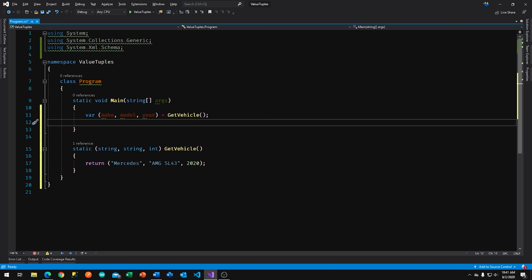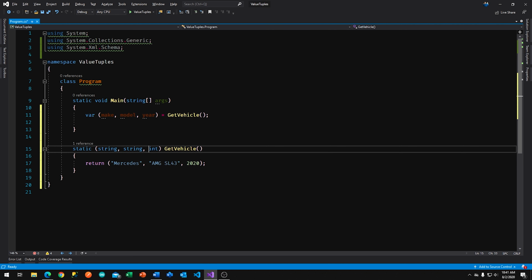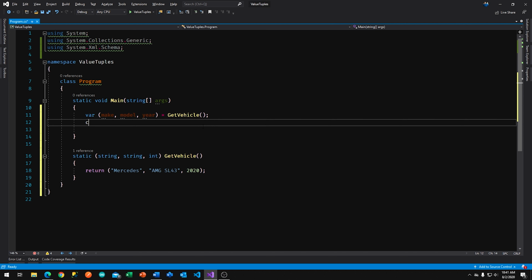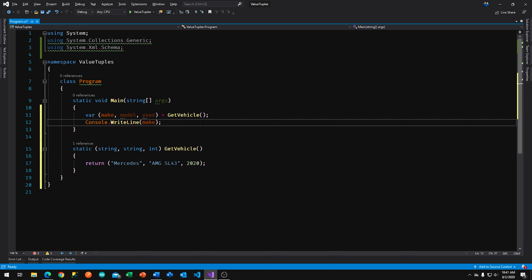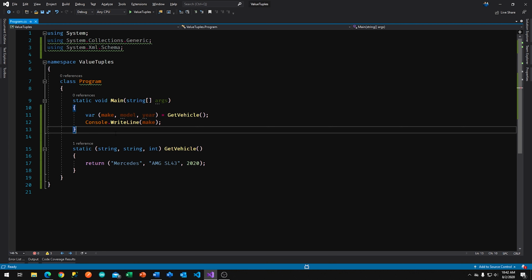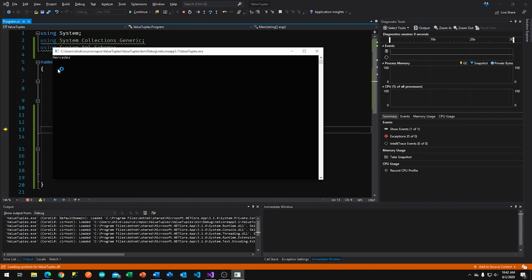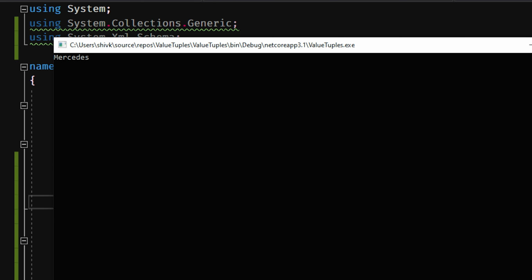What it really means is the first return type will be assigned to this local variable here, the second return type over here, the third return type over here. And of course, if you were to look at the values, let's say if I just printed out the make over here, we should see Mercedes as the first return type. Right? And you see Mercedes, right? Okay,